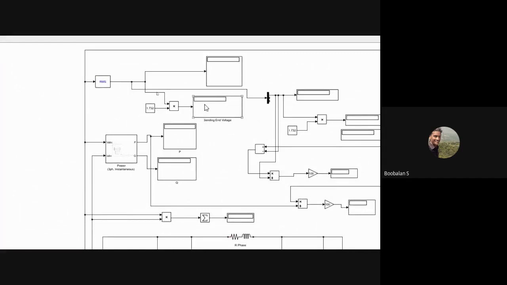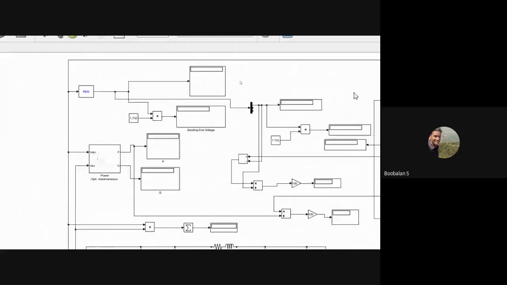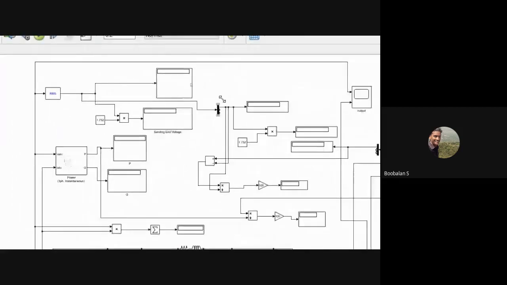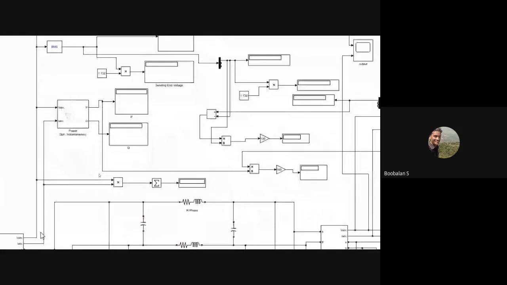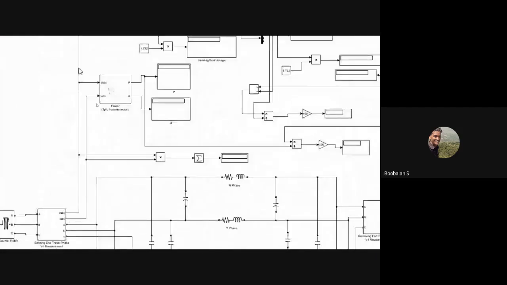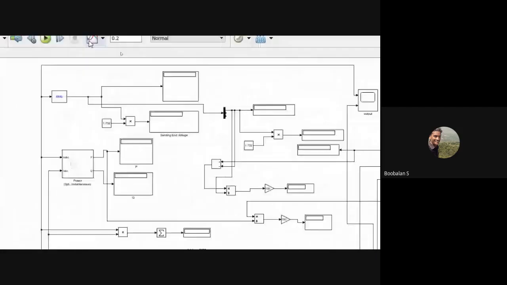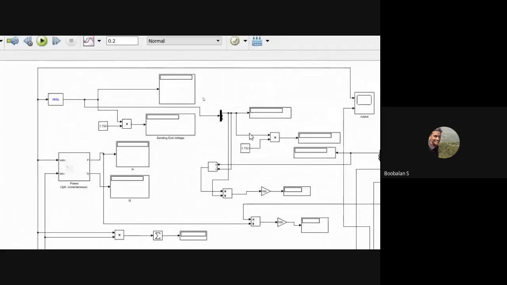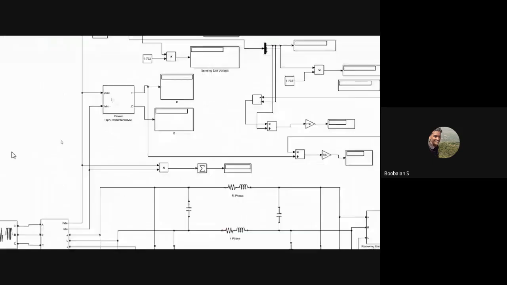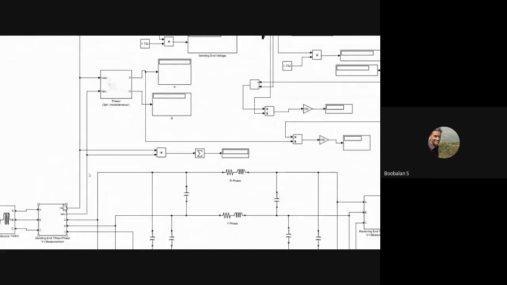If you have one more doubt, in the sense that I need to verify that it is 110 voltage, for that purpose I'm going to use a demultiplexer, right? The RMS comes as a 3-phase voltage, that's why three lines R, Y, B come. I'm taking only one, the R phase alone. After taking only the R phase and multiplying by square root 3, definitely we will get 110 voltage. This is a small verification method, to verify whether you are delivering 110 voltage.